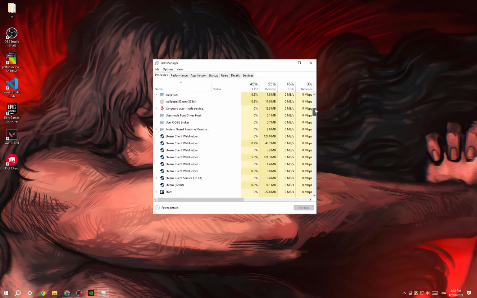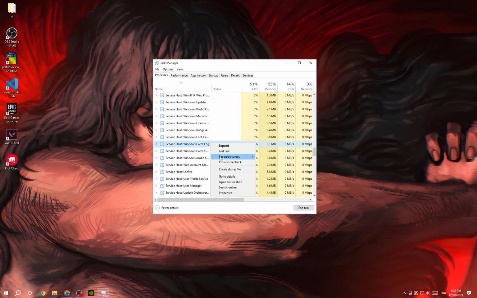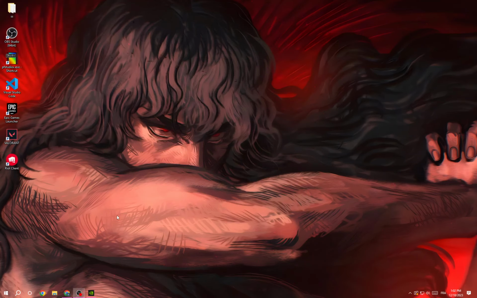Just keep scrolling down. If you find anything like that, just end task and then keep scrolling down, and that's it. When you find it, just right click and end task. And after you make sure that Valorant isn't half launching or something like that, then click here